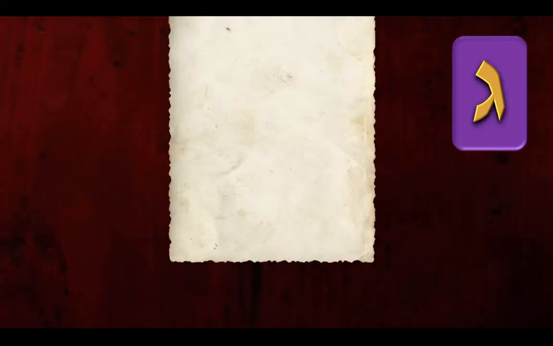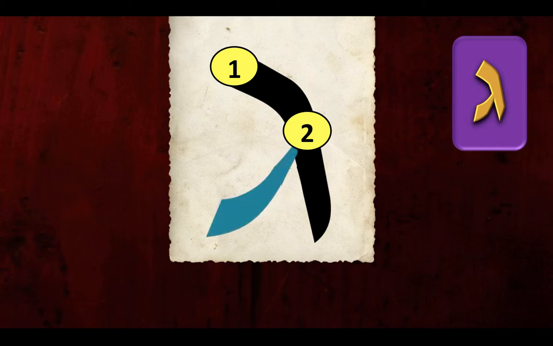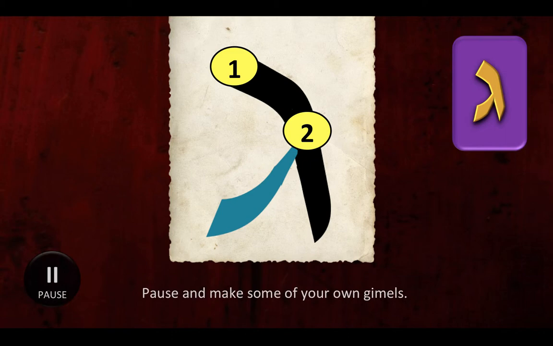Now that you've learned what a Gimmel looks like, get a chance to write some yourself. Let's look at the first stroke for the Gimmel. Okay, notice how we're coming down on a curve. So you want to make sure you get that. Now watch the second stroke. Just a little stroke, little foot there at the end. Okay, but you come down about 3/4 and you go ahead and you put that little foot on there. So now you get to pause and make some of your own Gimmels. And I'll see you later, okay?